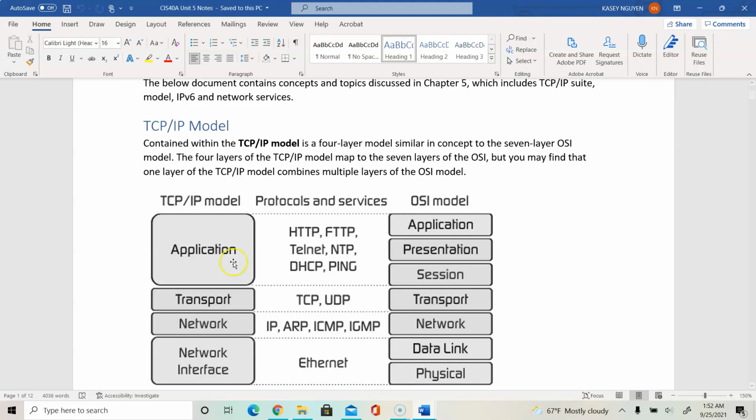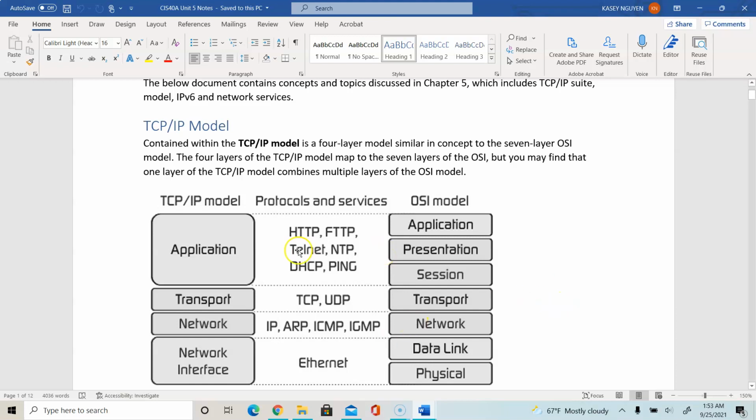In the image here, you can also see that some of the common protocols are listed. At the application level, you're going to see HTTP, FTP, Telnet, NTP, DHCP, and ping. Ping also works at the lower levels as well. On the application layer, if you're using the ping command, that will also execute ICMP on the network layer and some of the transport area. But anyway,